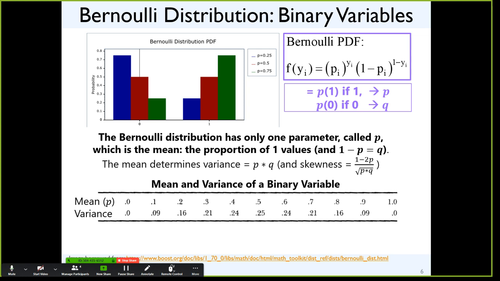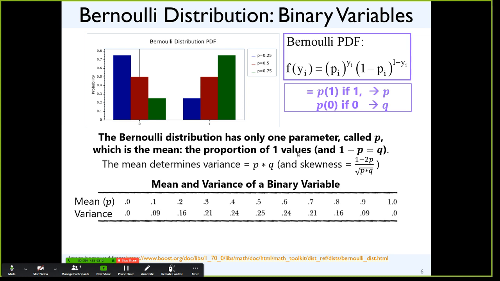25, right? If I know that 50% picked 0, I know 50% picks 1, right? So you only need to know one thing. Said differently, this distribution that characterizes binary variables, it's called Bernoulli. It's capital letters because it's a guy that developed it, named it after himself, as one does in statistics. You'll get to know lots of last names of famous people who name stuff after themselves. You only have to know one thing, the probability of a 1. Once you know that, you know what the probability of a 0 is.